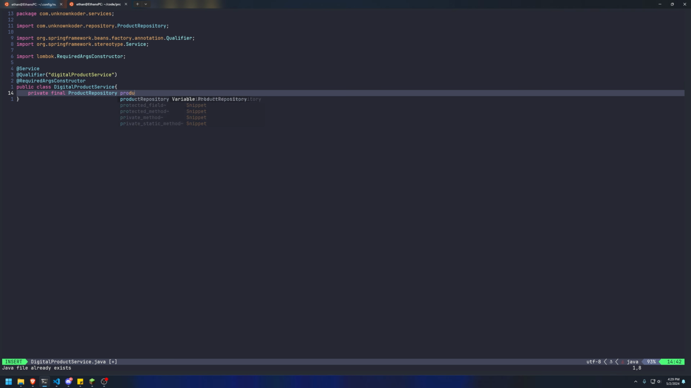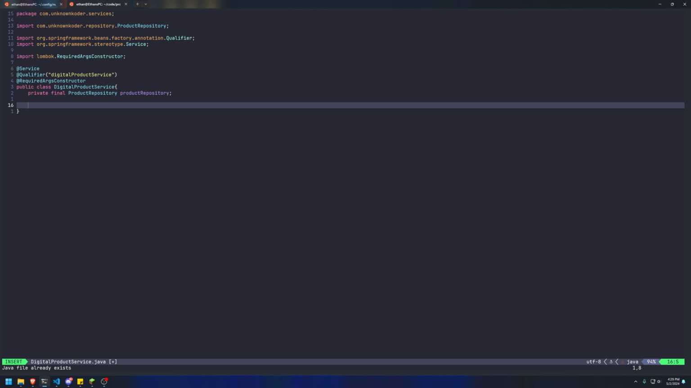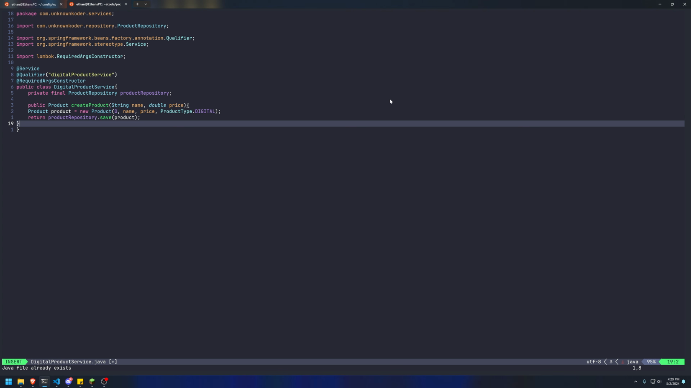We'll just say product repository. So our Lombok works, everything's good. And then here, let's go ahead and just bring in some of our methods. So we're going to bring in our create product, which will just do this,